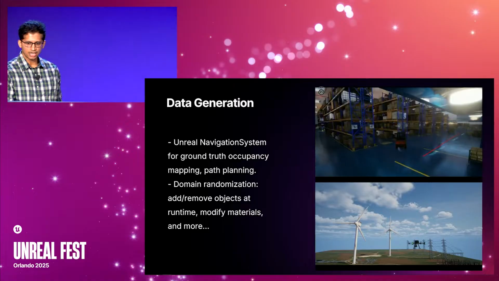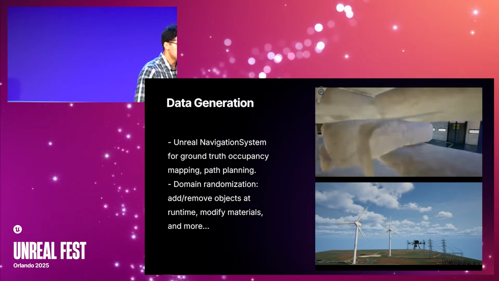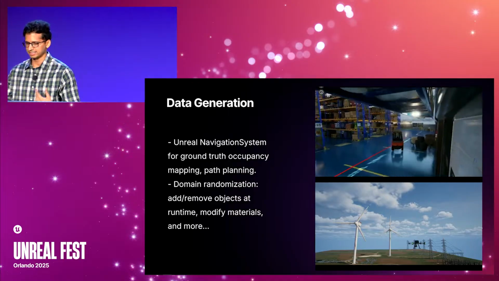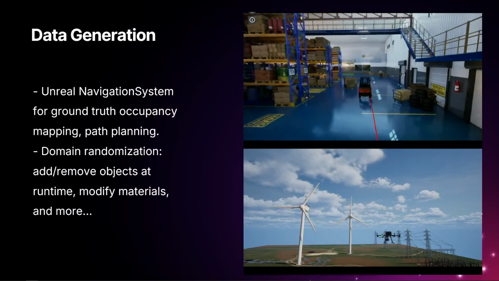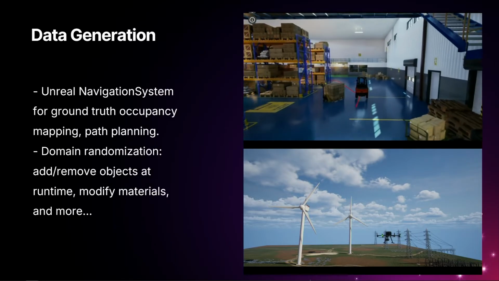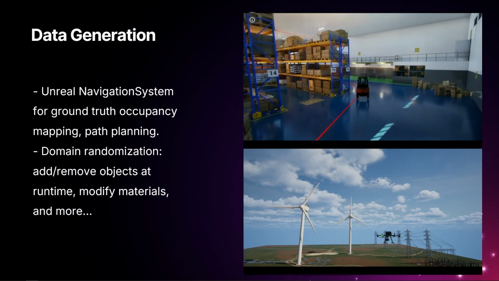And after we have the robots and the sensors and the scenes, you need this capability to really simulate, again, like I said, experiences, so simulate and generate data. So what we do for that is we leverage a lot of, for example, the Unreal navigation system for these ground truth nav meshes so that you know where your robots can go and they cannot go. And there are also means to do it in 2D as well as 3D.